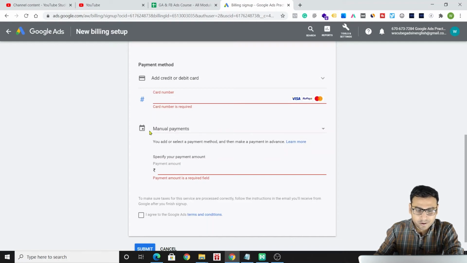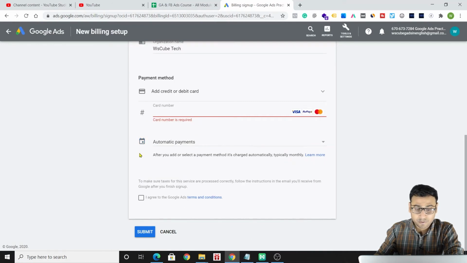Then we have two options: automatic payments, which is a very basic thing, and you can understand it by the name itself. Once you enter your credit card, it's kind of postpaid. You run your campaign, you spend your money, and then there is a billing, and they will take the payments automatically from your card, right? This is the automatic payment method.